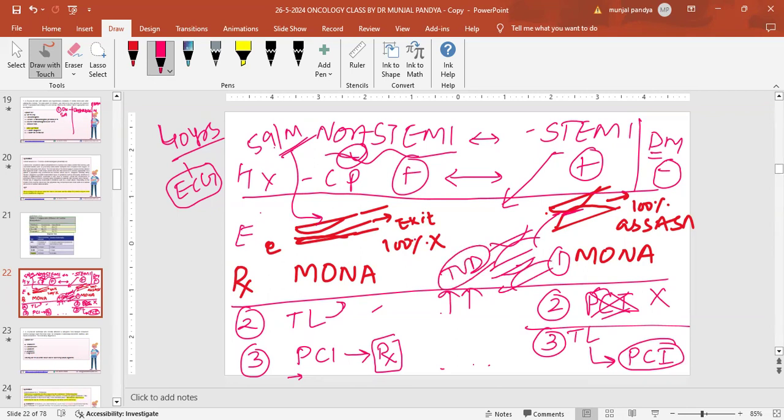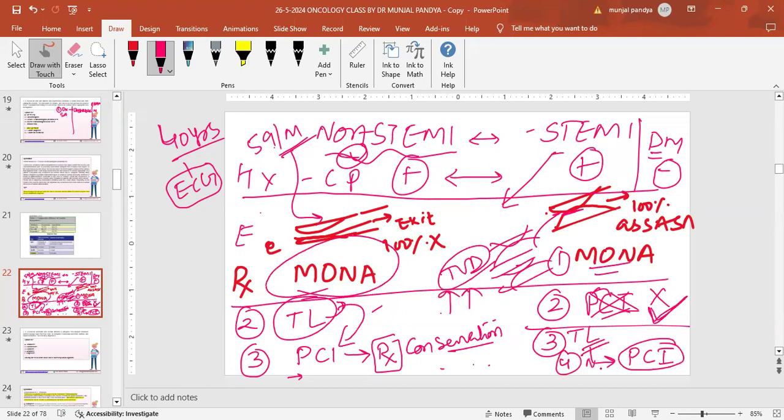So here the little fine adjustment, non-STEMI is not that critical. So MONA first, thrombolytic, after thrombolytic do PCI, and treat if there is a blockage. Otherwise, conservative treatment. If the blockage is not much, maybe less than 50%, sometimes cardiologists say, okay, do the conservative treatment. And here, MONA, do the PCI. It is the best. This is a commonly asked question in DHR, the MOH, Oman, everywhere, right?